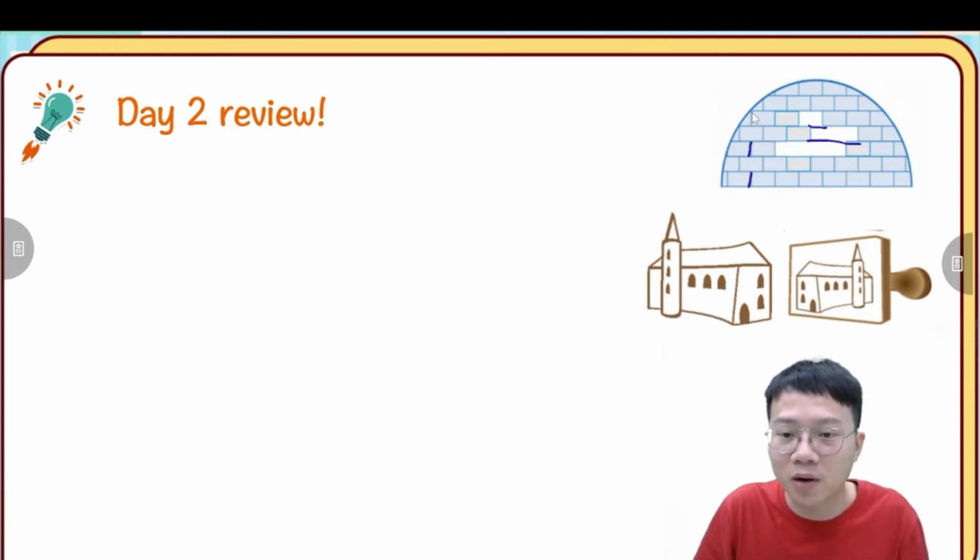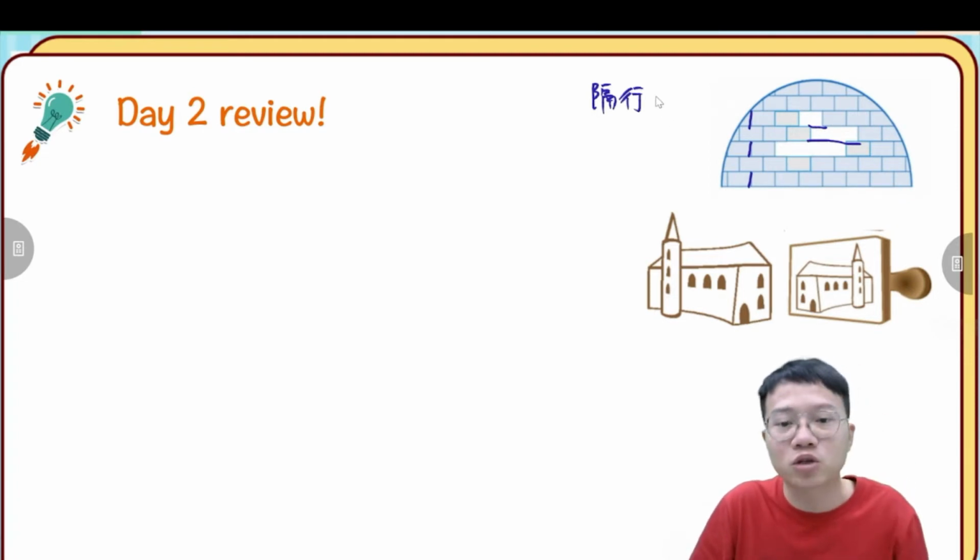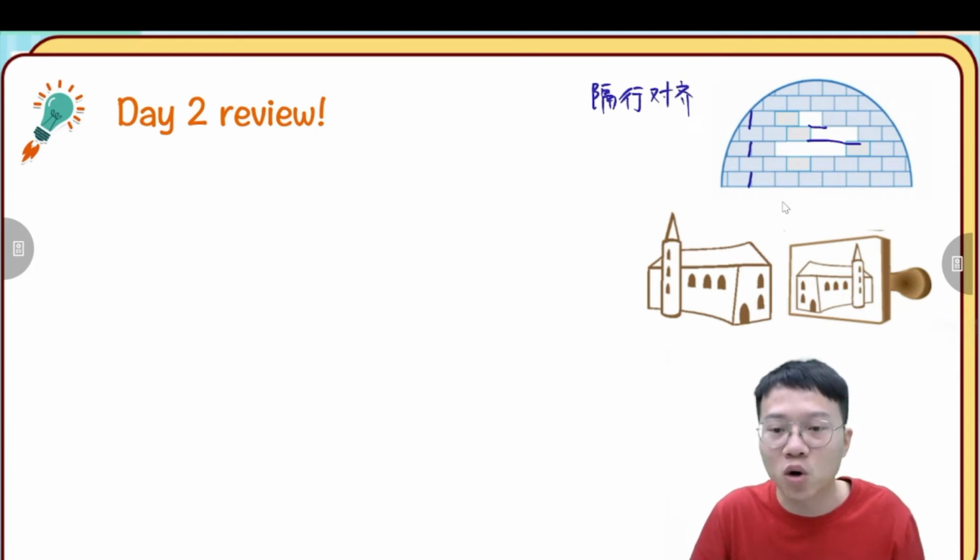Also in the fifth row. 所以这个叫做隔行对齐，就是它每隔一行，它的横线是对齐的，它的竖线是对齐的。